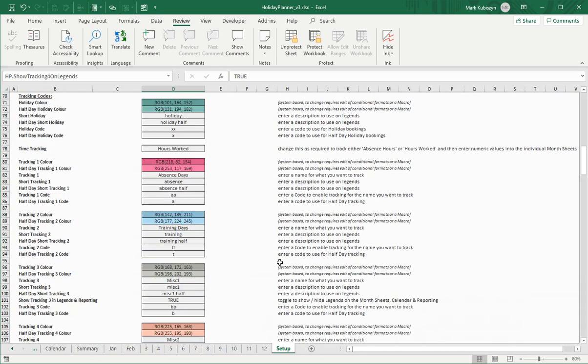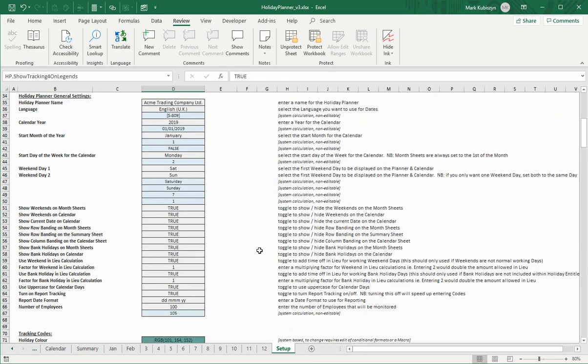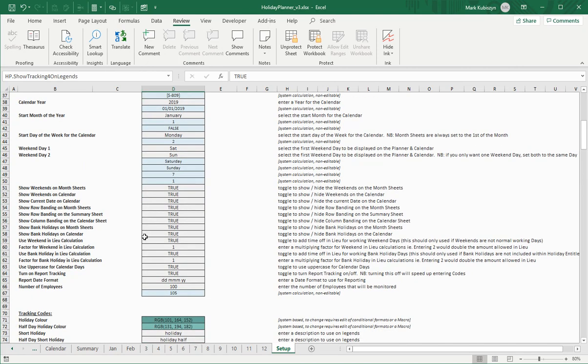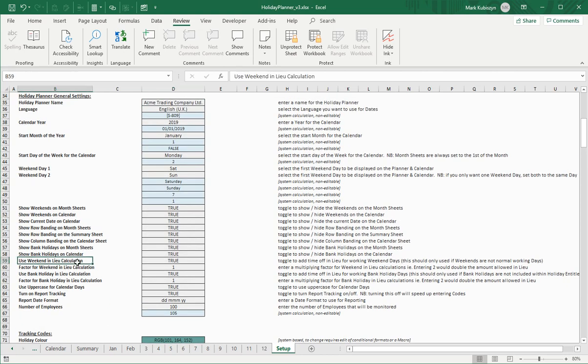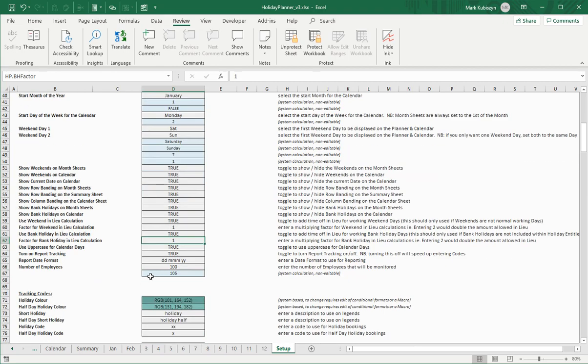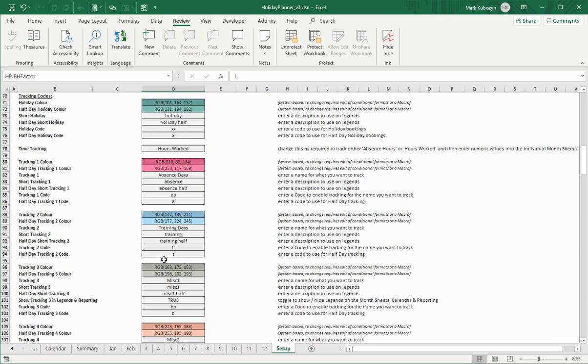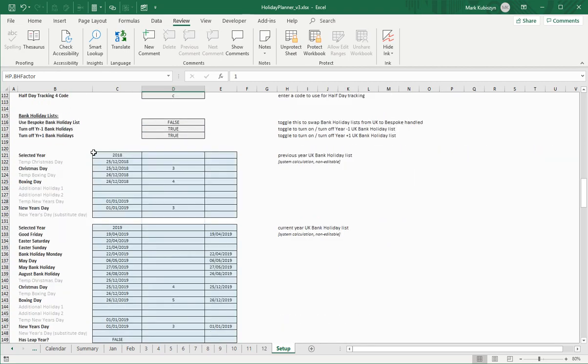Let's just see what other settings there are. You've got lots of different settings to show row banding, bank holidays, weekdays on the calendars and individual month sheets. You can also, like I said, track bank holidays in lieu and weekends in lieu worked, and there's a factor for multiplication there. I won't go into that now, but